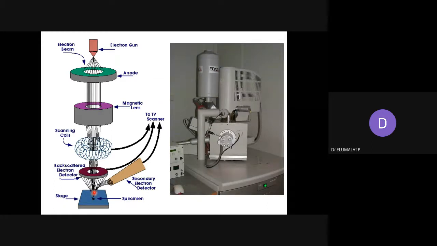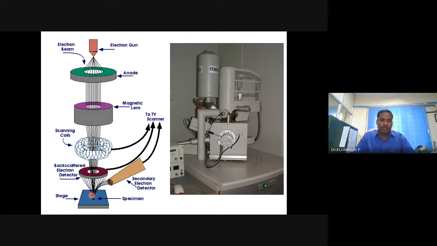In the case of transmission electron microscope, electrons pass through the material, transmit through the material. You need to have a very thin material for TEM applications. You will get much finer information. And this is a photograph of one such electron microscope. Inside this, all these are there.